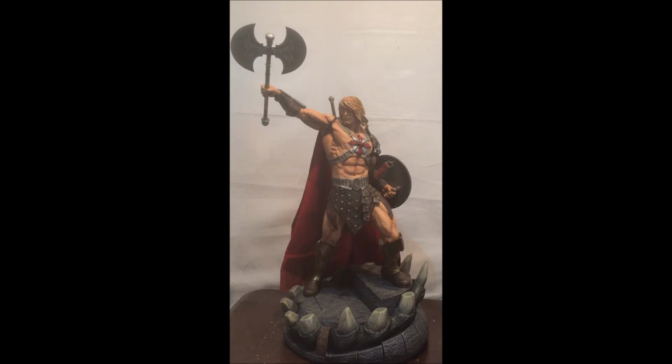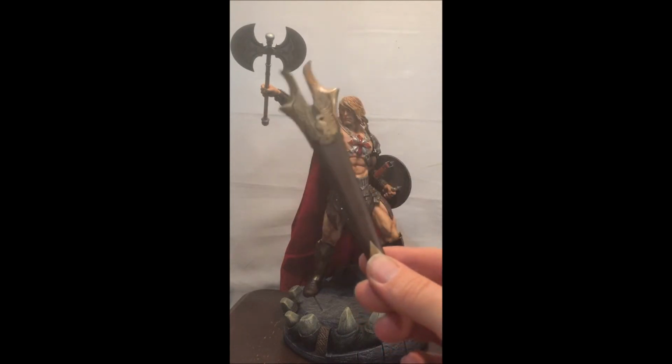Love it. Now I'm gonna tear it down and review every little bit of it, but I'm just sitting here looking at it in this pose and I am getting warm fuzzy feelings inside. Sideshow have done a tremendous job on this statue, and it is epic. Hell yeah! Now it's the exclusive He-Man figure. I think mine was number 400, and when you're displaying his battle axe like I have it there,